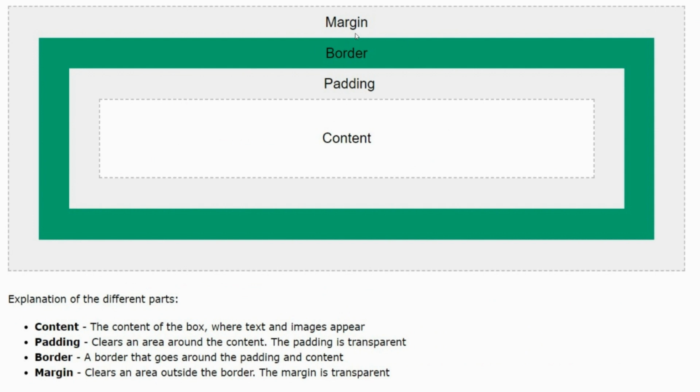We have the margin, we have the border, we have the padding, we have the content. A CSS margin is the space outside an element. I will also show us how these things work in the code. The CSS border is the